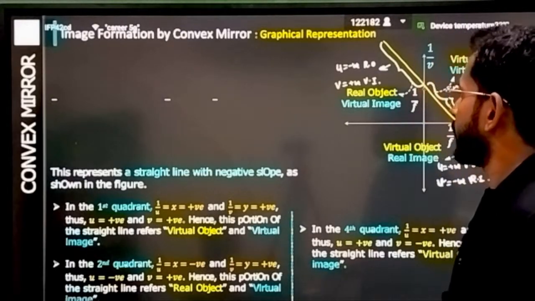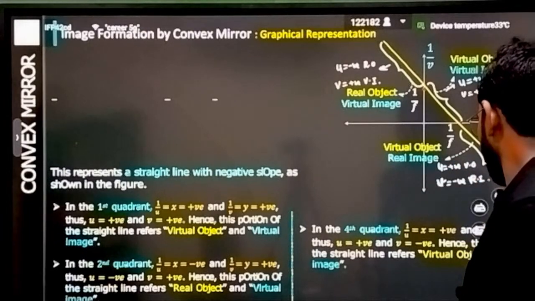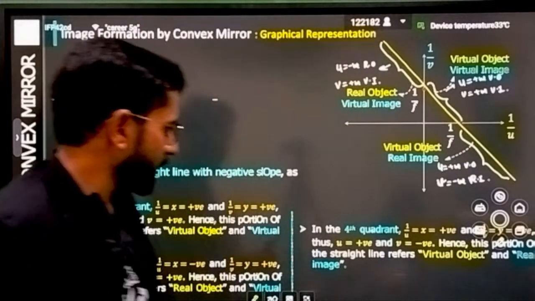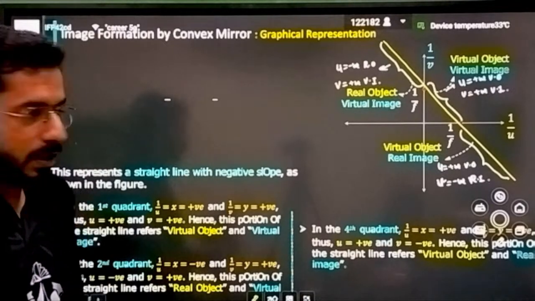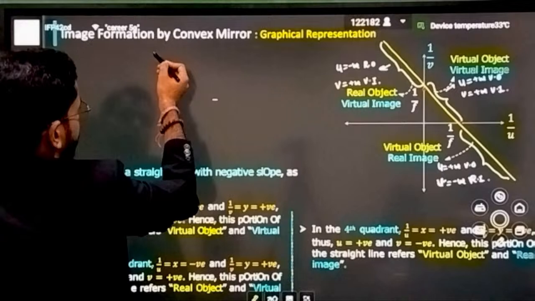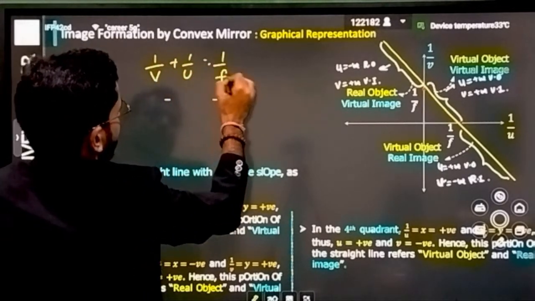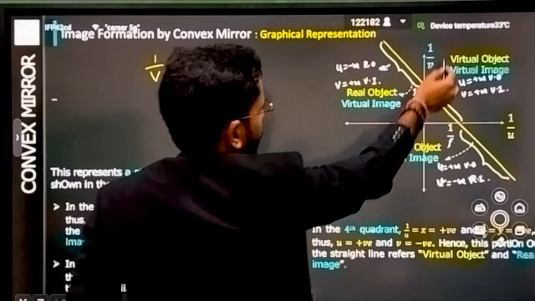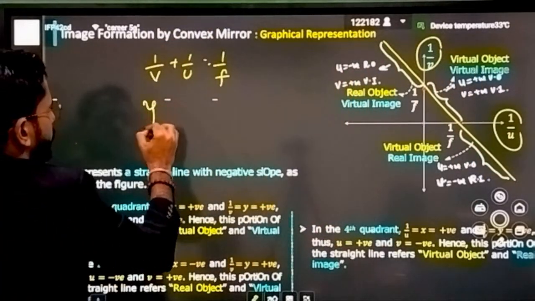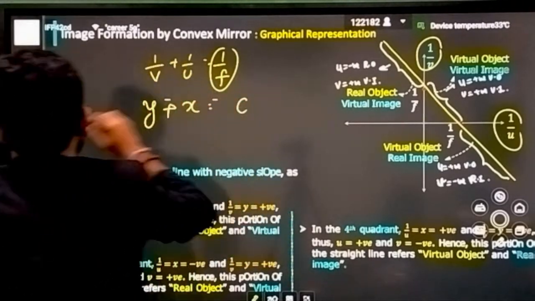Okay. Now, what is the graphical representation? Firstly for the convex mirror, then we will see the concave mirror. This is the last portion that you have to understand, and statement-based questions usually come from here. What is the mirror formula? 1 by v plus 1 by u is equal to 1 by f, and the curve that is drawn is between 1 by v and 1 by u. The y-axis is 1 by v, so we can say y plus x is equal to some constant c. For the convex mirror,